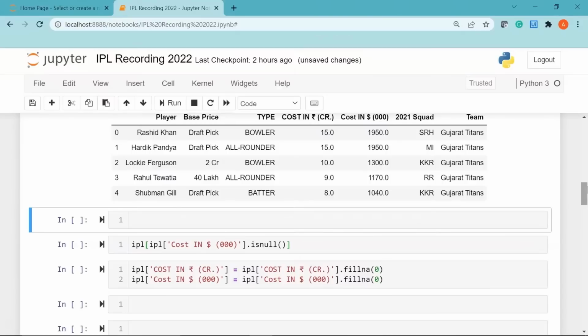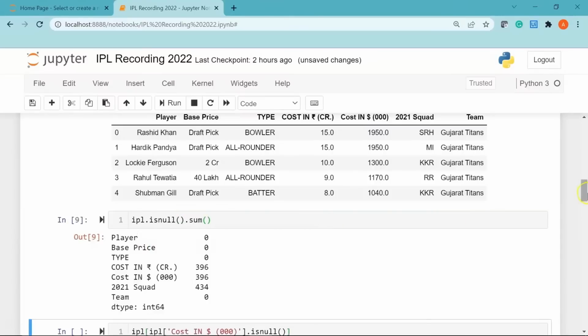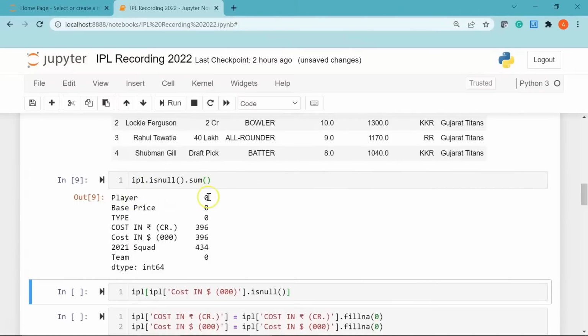Alright, now moving ahead, let's see the total number of null values that are present in each column of the dataset. So I'll say IPL dot, I'm going to use the isnull function followed by the sum function. If I run this, you can see here the player column doesn't have any null values. Similarly, base price and type column also don't have any null values, but you can see cost in rupees and cost in dollars have nearly 396